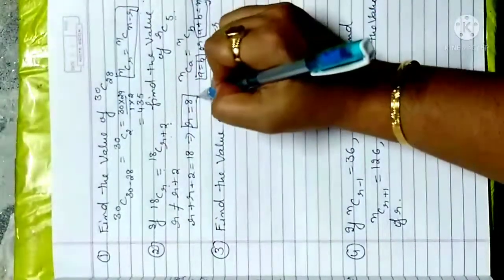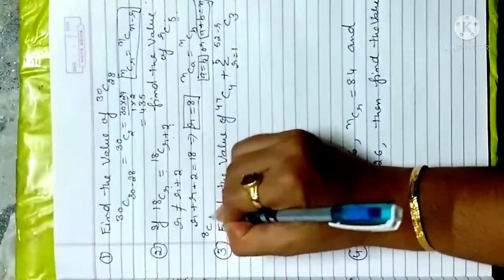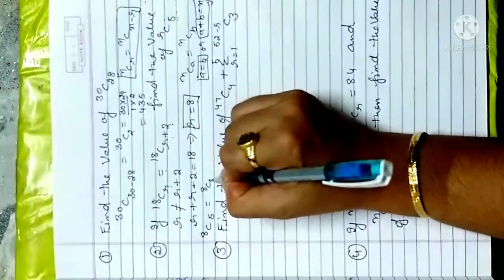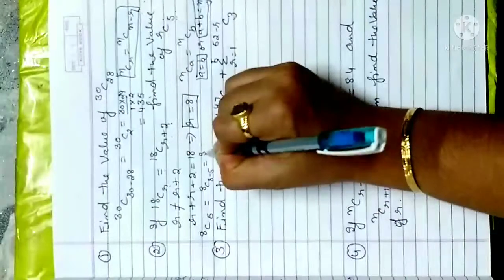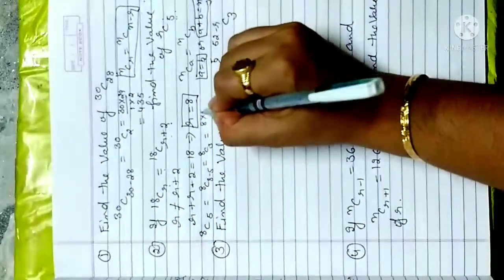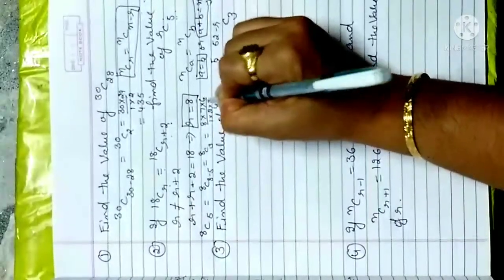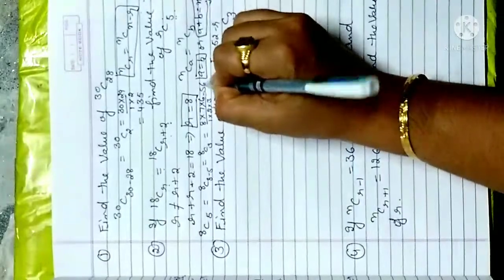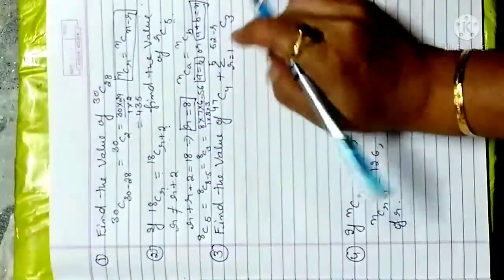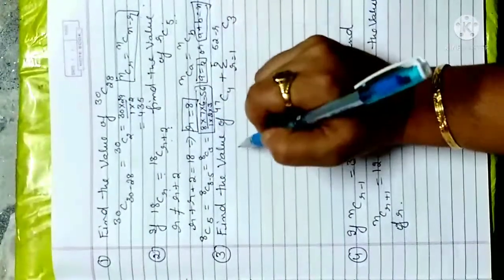After getting the r value, now you solve this question. That becomes 8C5, or you can reduce it again to 8C(8 minus 5), that is 8C3. That gives you 8 into 7 into 6 by 1 into 2 into 3. Why am I doing this? Because each and every time we would apply the formula; instead of applying the formula, we can go without the formula. So how can you remember?